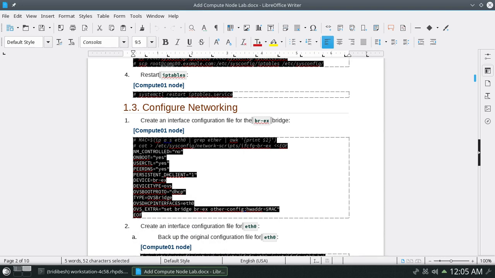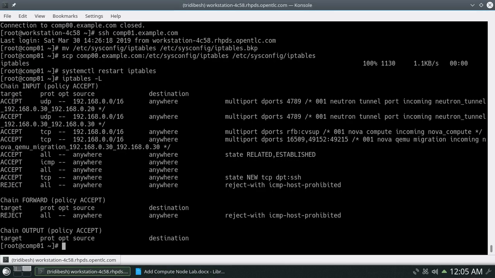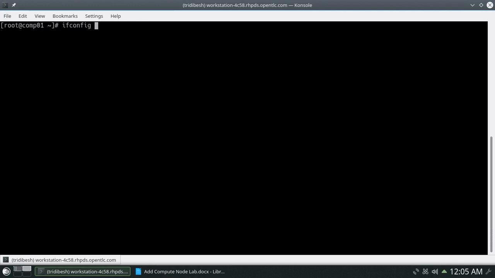This will be a new interface called br-ex, a bridge interface, that we will be adding into our OpenStack. Let's create that, and before that, we clear the screen and run ifconfig and grep for the hardware address. Sorry, I have to give hyphen i.